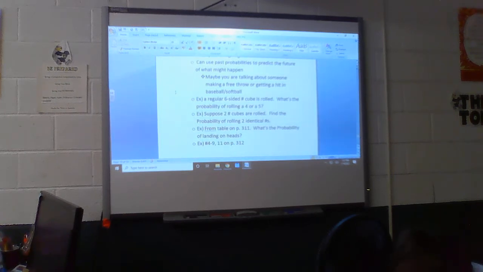But if you notice on the bottom, they showed you that P of an even number is 18 out of 36 or 1/2. So could I assume right away that P of an odd sum would be the same thing? You think so? I do too, okay? But again, that's just a probability.